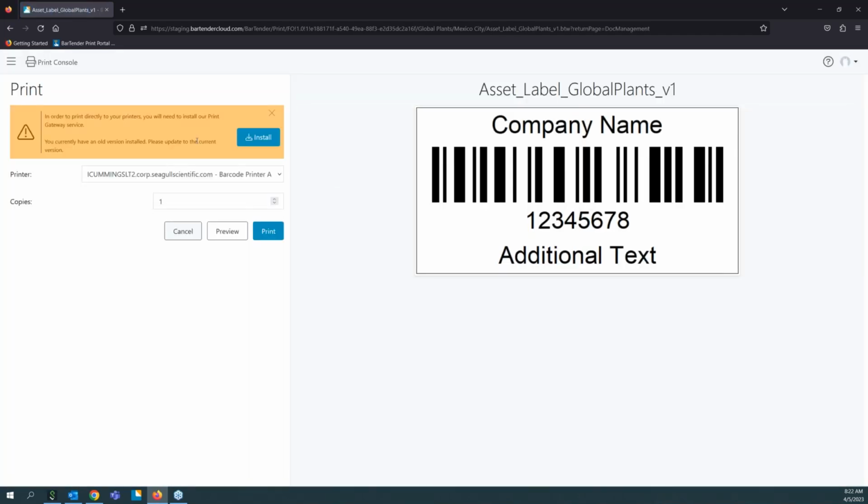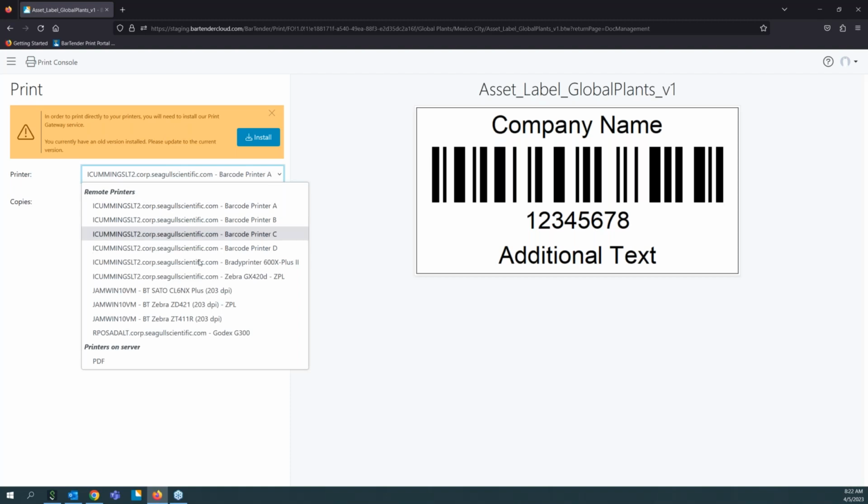Now, everyone, as you can see here, it's requiring me to install the gateway service. The gateway service is a thin client that gets installed, and it allows me to communicate with the printers on my side of the network. In today's demonstration, I'm not going to go through the installation, but what I'm going to do is demonstrate a